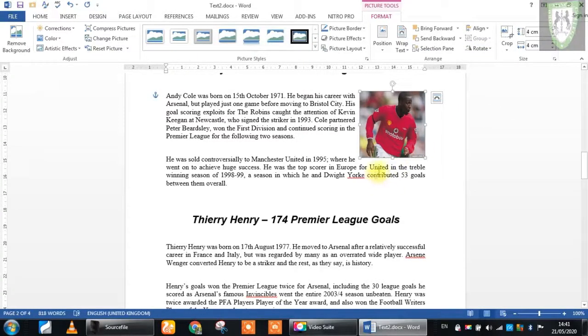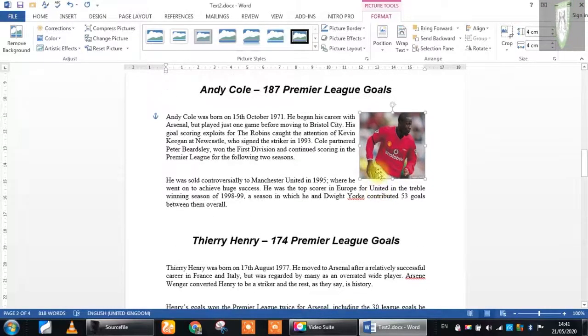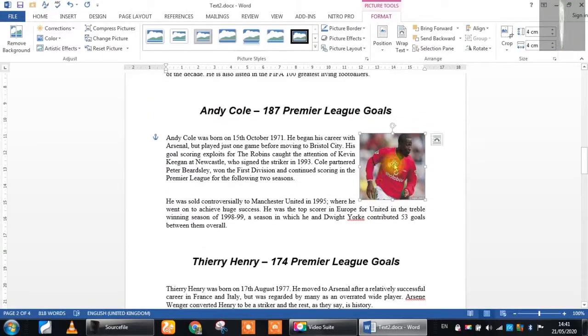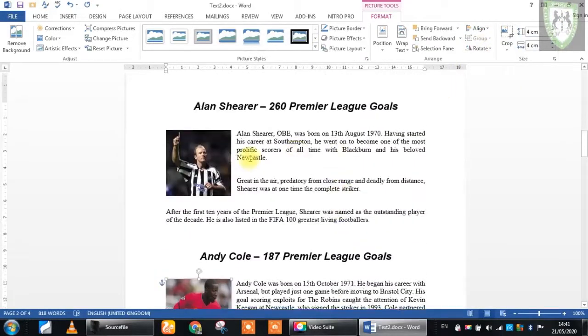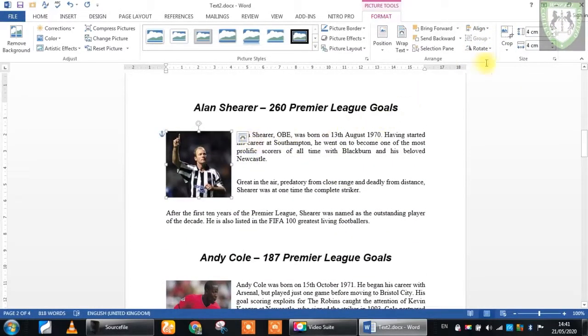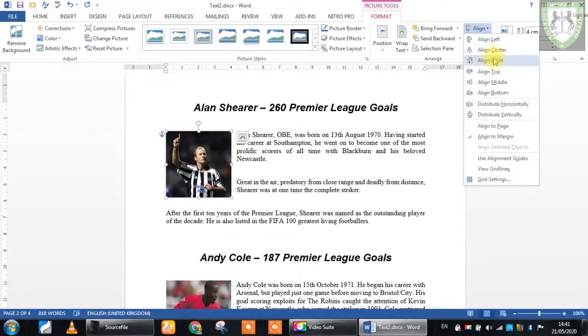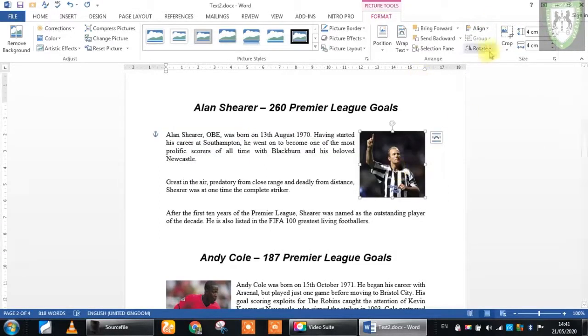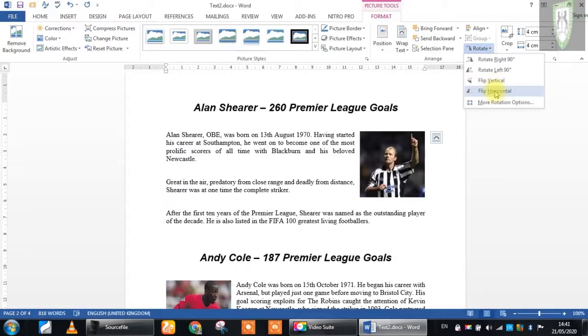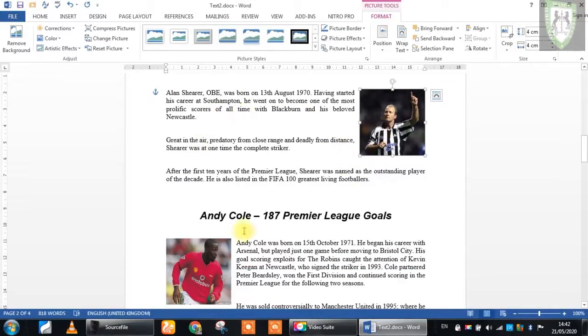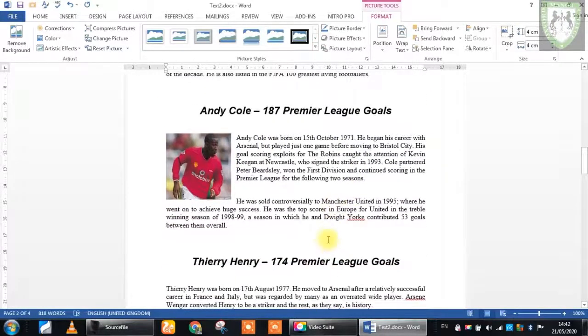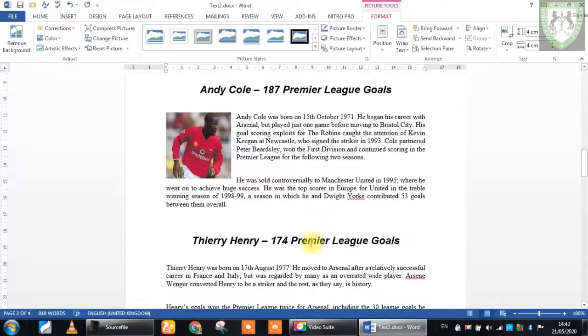So perhaps I should do a zigzag form. So I'll change the alignment here, move it to the left this time around, then look at Alan to the right. I think I should rotate him horizontally again, flip him horizontally. Okay, good. So now I'm having some kind of zigzag shape with my images,